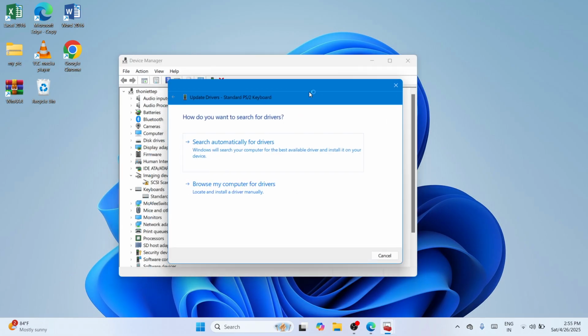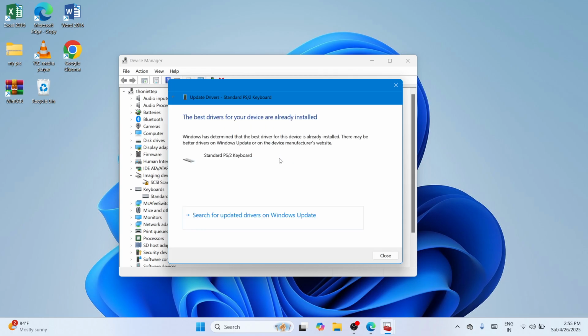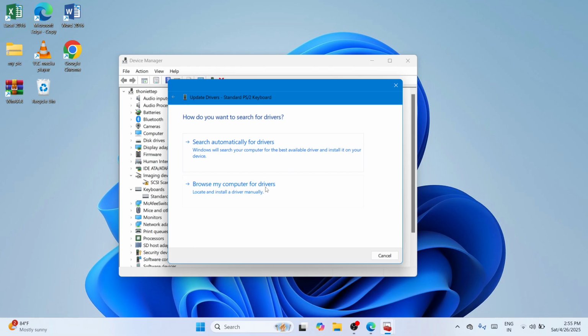There are two ways on how to reinstall your keyboard driver. The first is to search automatically for drivers, and the second is to browse my computer for drivers manually. So proceed with the first. In this way, you will be able to reinstall your keyboard driver automatically. Now click on this backward arrow and you can also